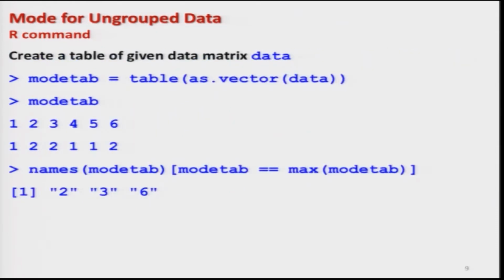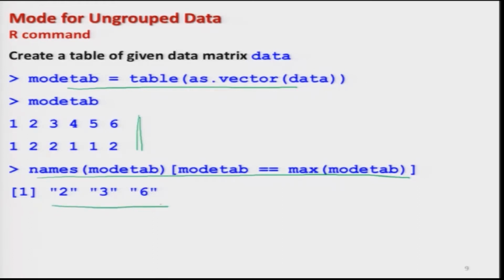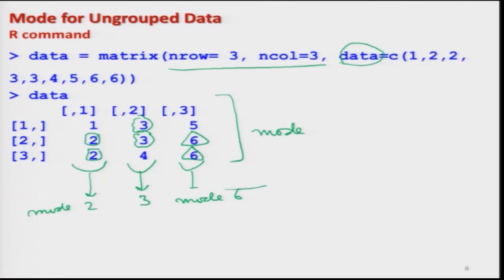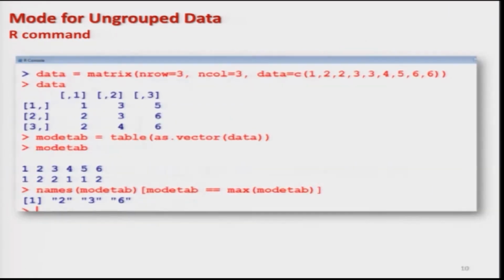So I try to do the same thing. I have to simply copy and paste the same thing. So you can see I am using the same command, but now it is giving me this type of value, and then I am using the command in the second step, and it is giving me an outcome 236. So you can see this 236 is the same as what you had obtained manually, 2, 3 and 6. So my idea was simply to inform you that this data can be a data vector or a data matrix, and here is the screenshot of the same operation that we have done.